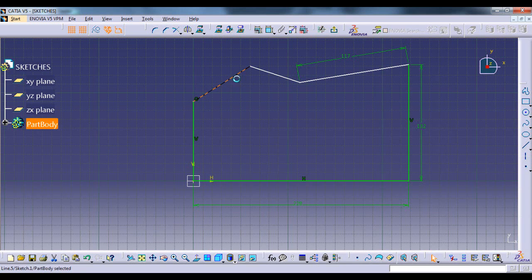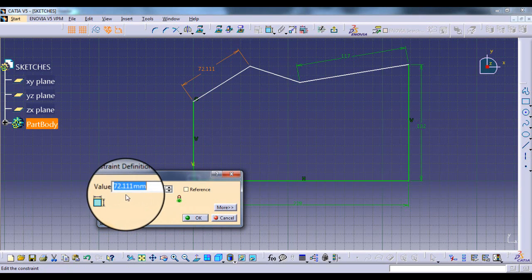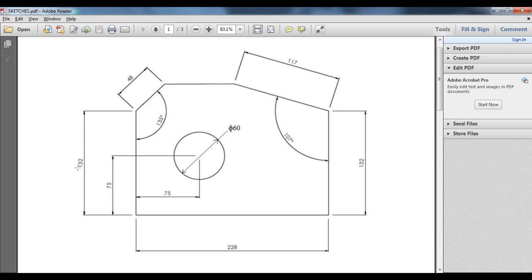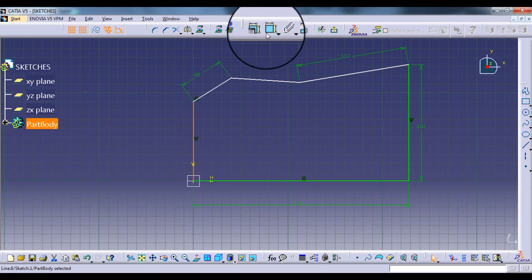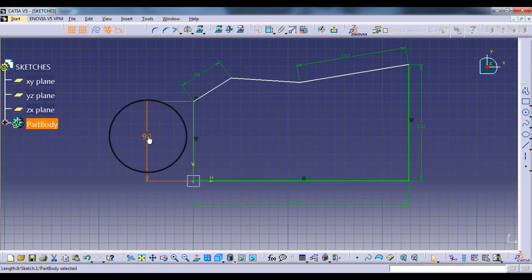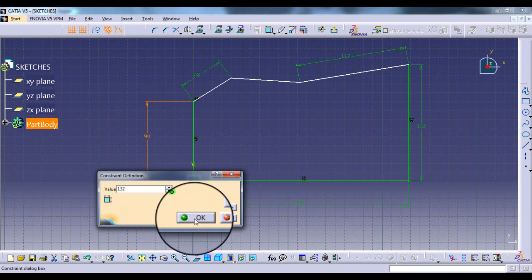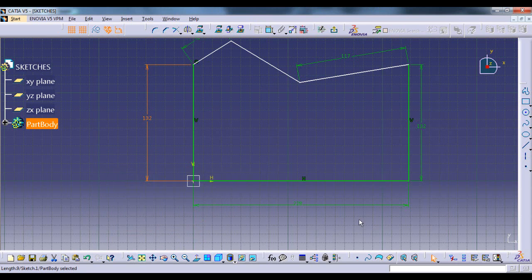So we will make this line of 48 mm. Okay, and this vertical line should be 132 mm. So I will enter it as 132 mm and click on this OK button.